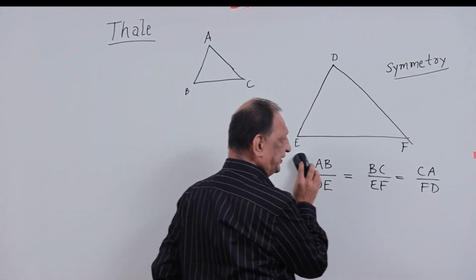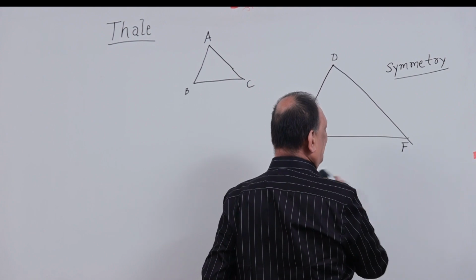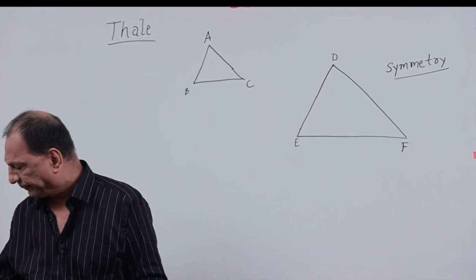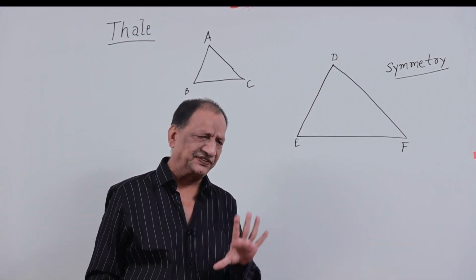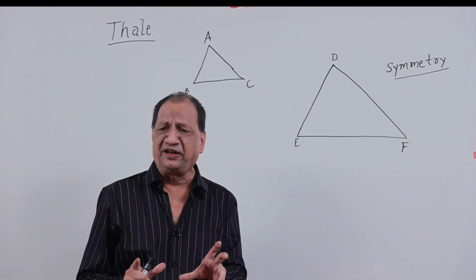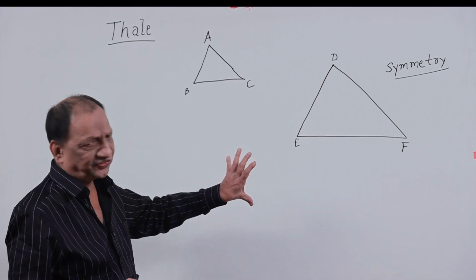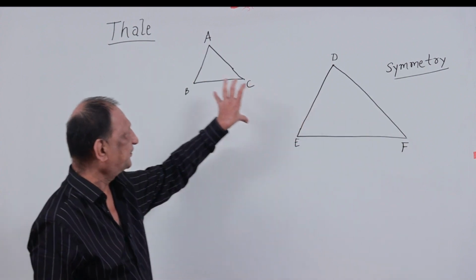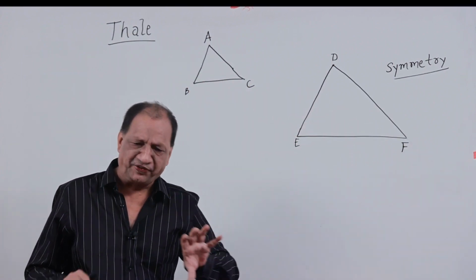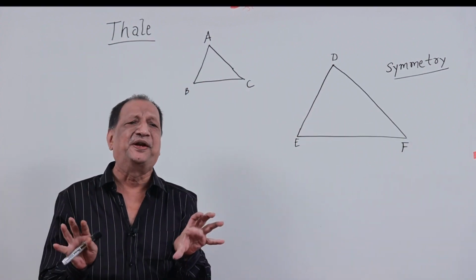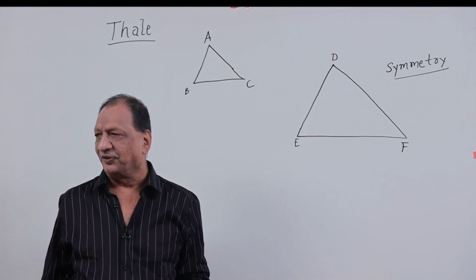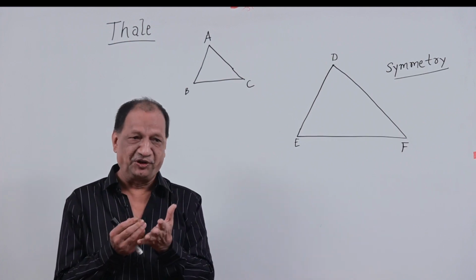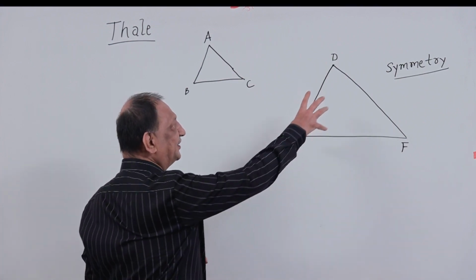Now, to prove Thales theorem, we have a problem because it requires a construction which is not the usual type of construction. Like I said, I am always worried about construction in geometric proofs. Here the construction is very peculiar. He says the objects are so far away from one another, it's very difficult to make any judgments, correct? So first thing that we need to do is physically, you have to imagine only, moving this